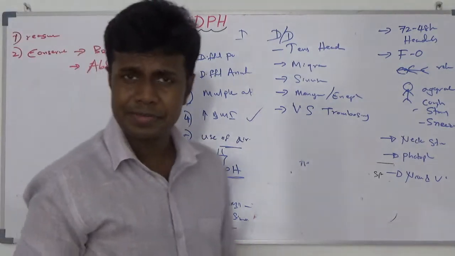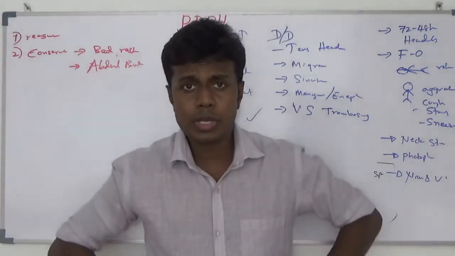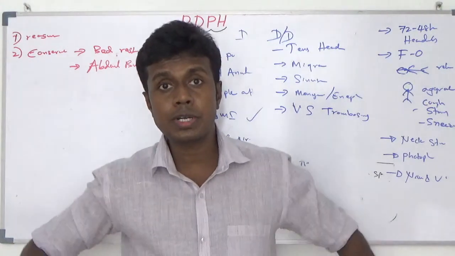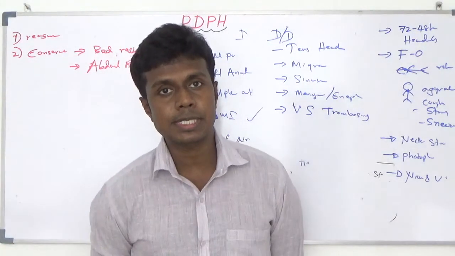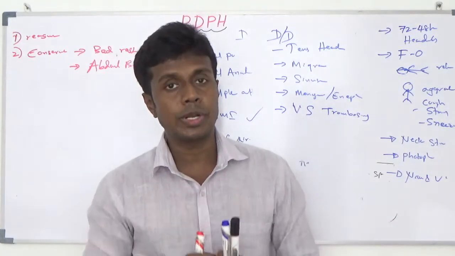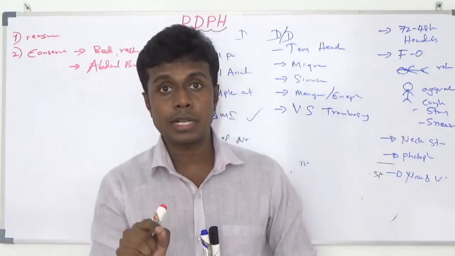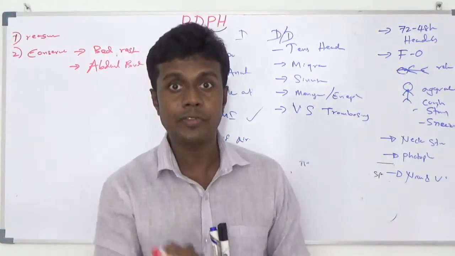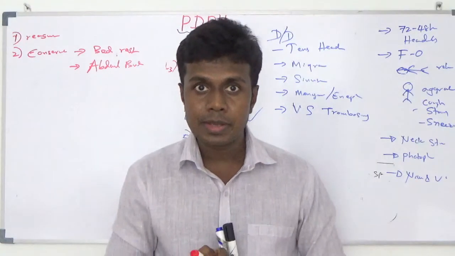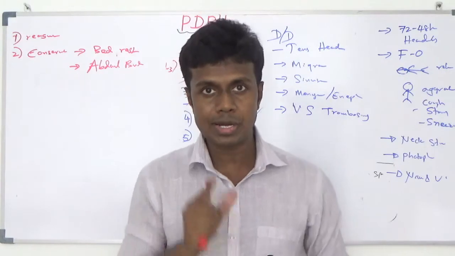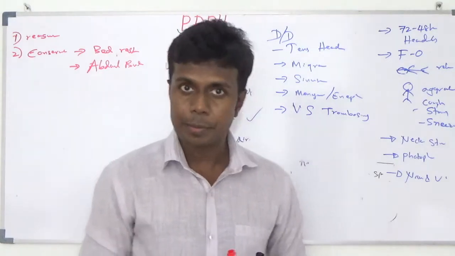How it helps? When you increase the abdominal pressure, your blood is diverted into the epidural venous plexus. In that case, the space of the epidural venous pressure is going to reduce, and the pressure of the spinal epidural space is going to increase. So the CSF leak will be minimized. But nowadays this one is not that much practiced. But you can ask your patient to use an abdominal binder if necessary.